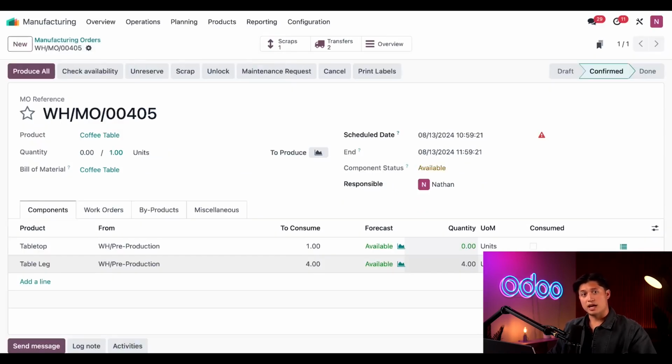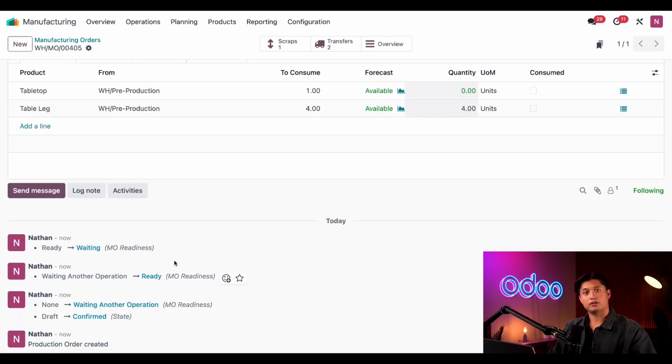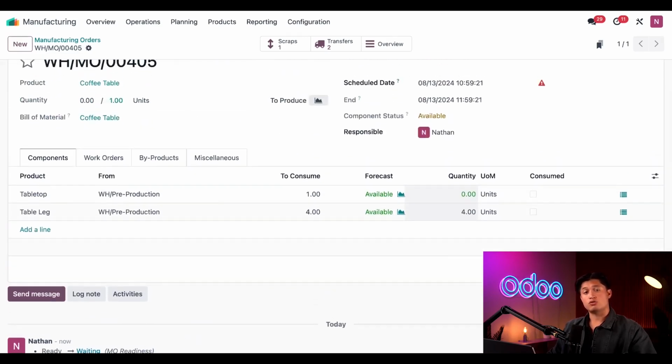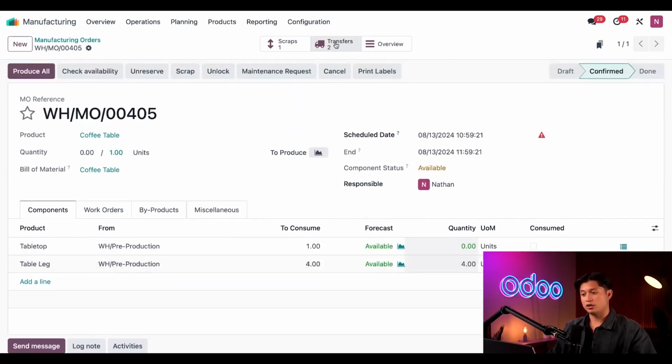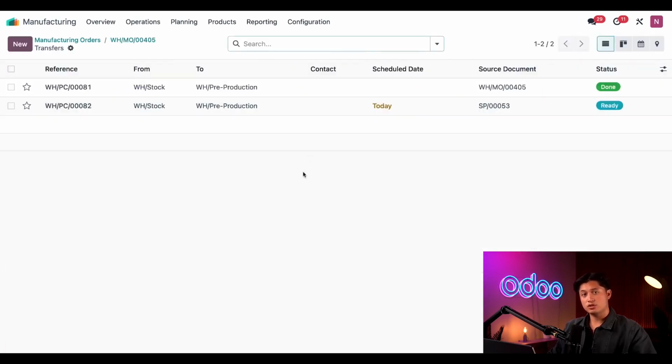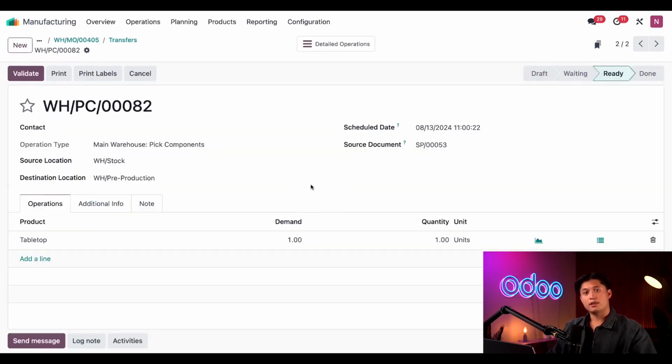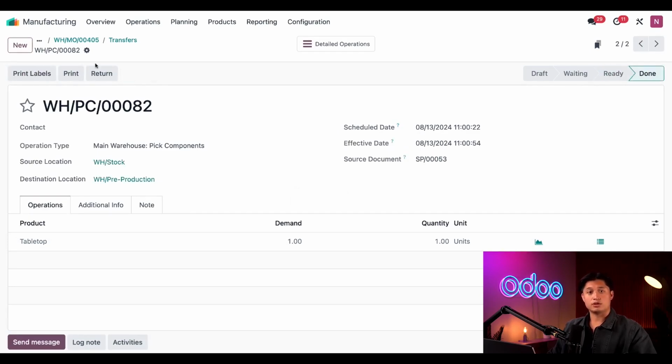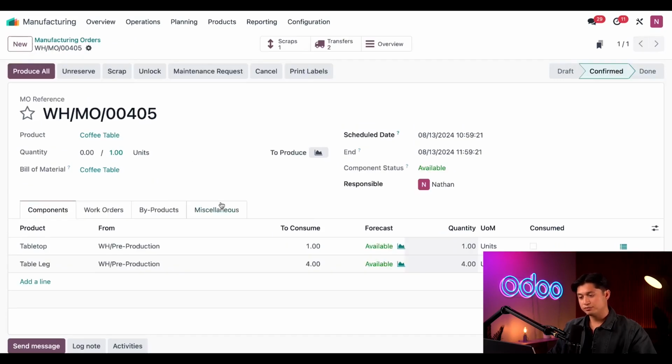Once I do, the MO status changes to Waiting back here in the chatter, just like in our previous example. However, unlike 1-step manufacturing, no purchase order is created to replenish the scrapped quantities. Instead, a new picking order has been created to transfer the replacement tabletop to the production location, which I can access by clicking on the Transfer Smart button at the top of the page and selecting the Pick Components Transfer marked as ready. I'll transfer this by clicking Validate and return to the MO via the breadcrumbs once again,